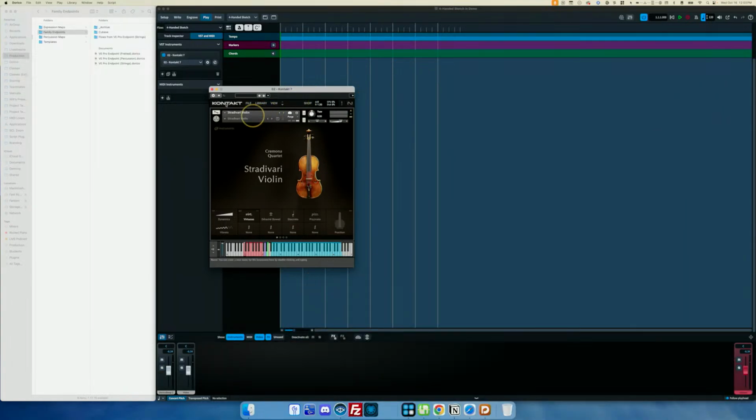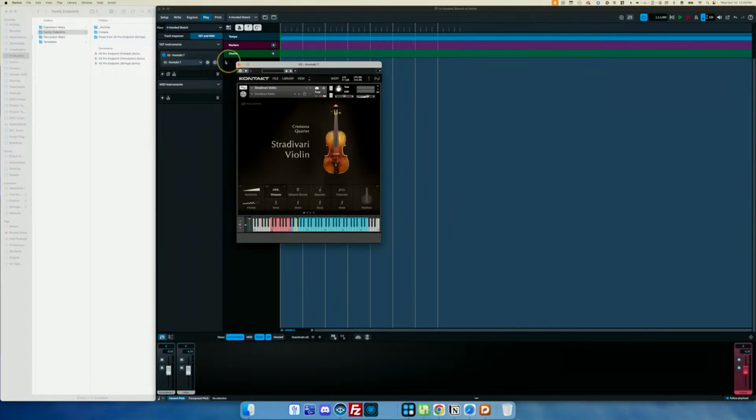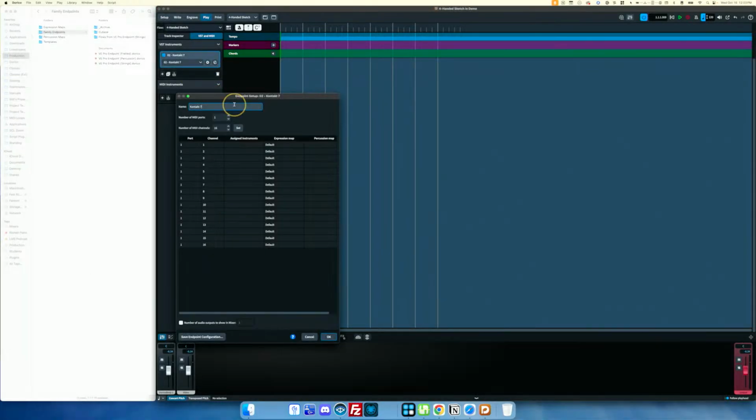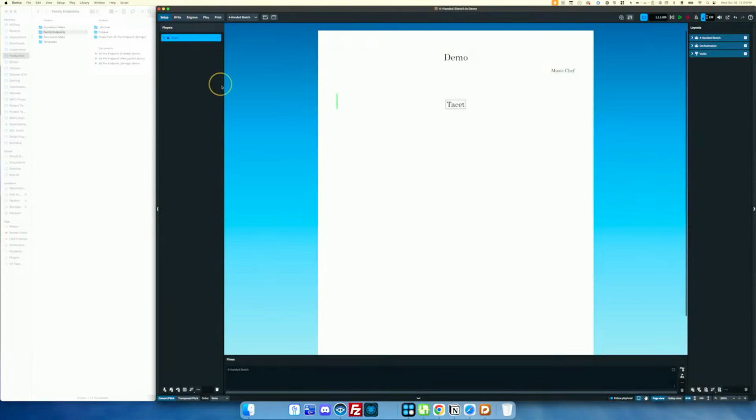So in order to do that, we don't need two instances. We only need one instance of Kontakt. And what I'm going to do is click on the endpoint configuration. I'm going to rename it to Strad Violin, just so that it's very easy to see what's going on. And that way, when I actually have the instrument in